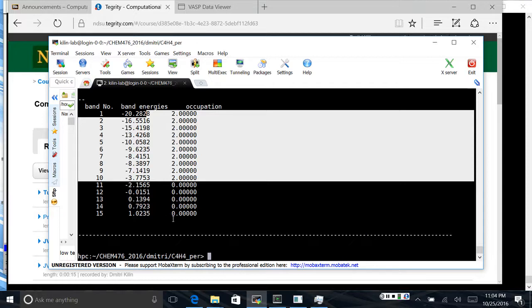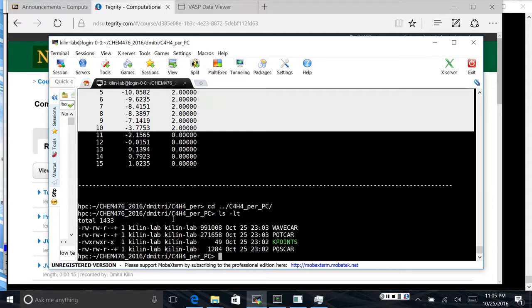Now, what I'm going to do, I just need this number 15. So I'm going to change directory to C4H4 periodic part charge. We have 4 files, but for this specific job of orbitals we need 5. We need INCAR. You see, we are missing. So we need to copy a template file for plotting orbitals from